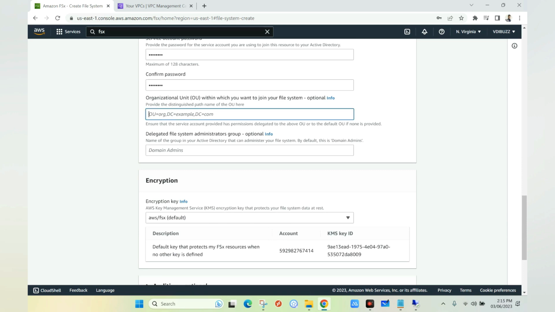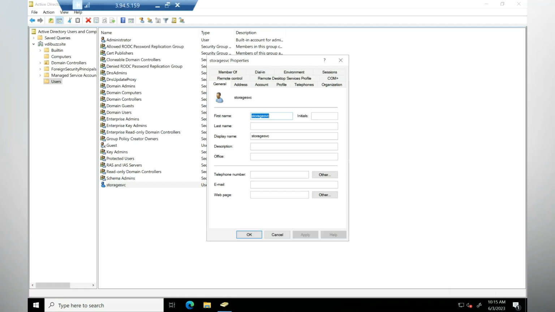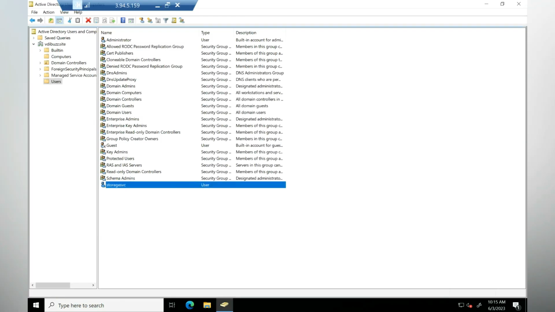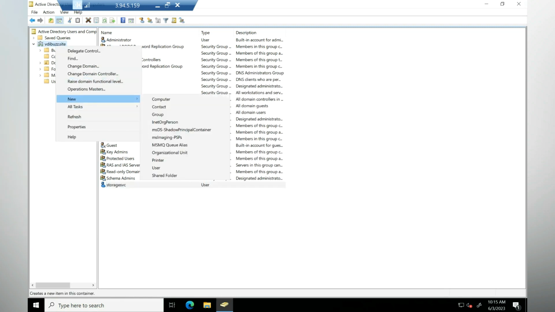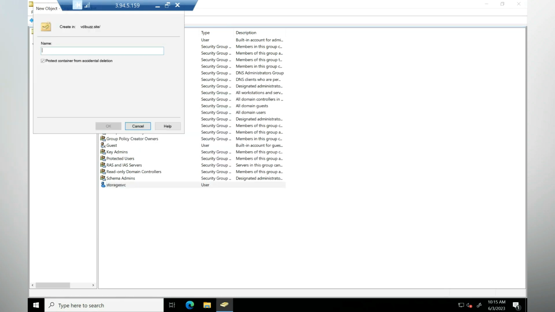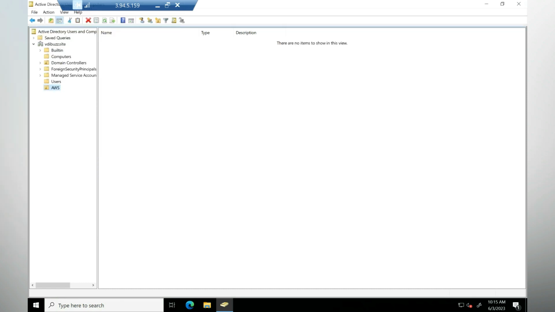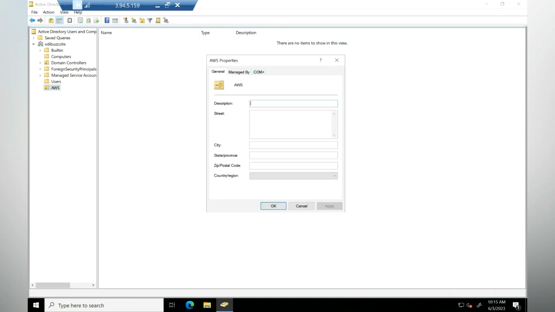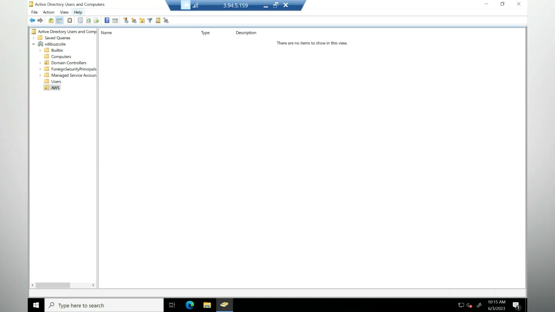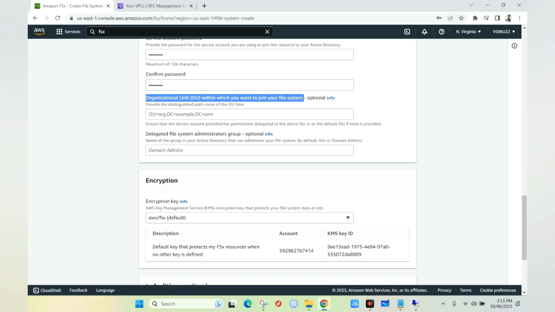And then the organizational unit within which you want to join your file system. For example, let's say I go back to my Active Directory computers and create a new OU. I'm going to name it AWS. I want to place that particular storage under this OU. To get the complete OU details, for example, like OU equal to org, DC equal to example.com,